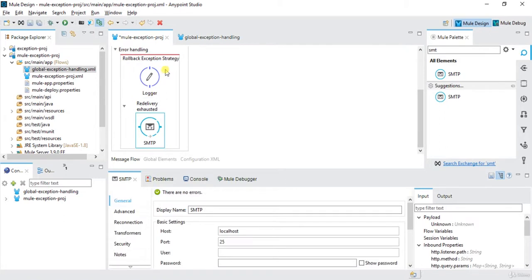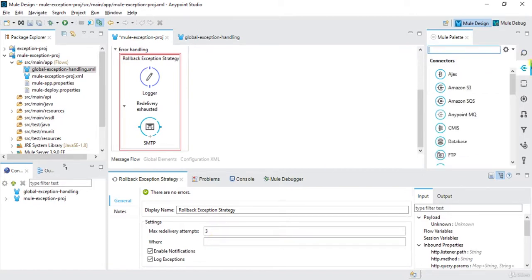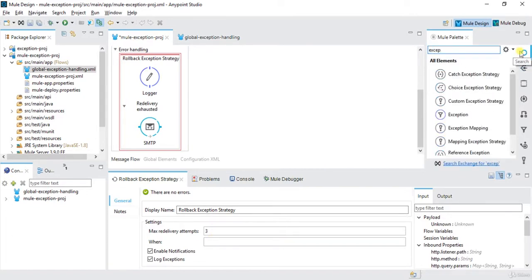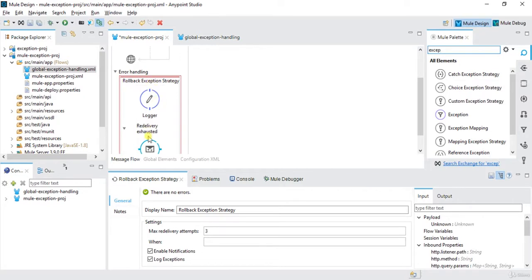So once it tries 3 attempts and is still not able to run the program successfully, it goes to redelivery exhausted and sends me a mail. Here also, similarly, we can write when, as we have done in the catch exception strategy. In the rollback exception strategy we can also use, like in redelivery exhausted,